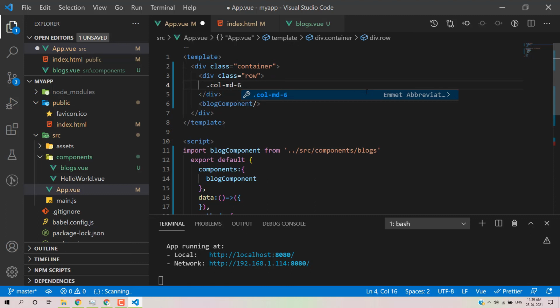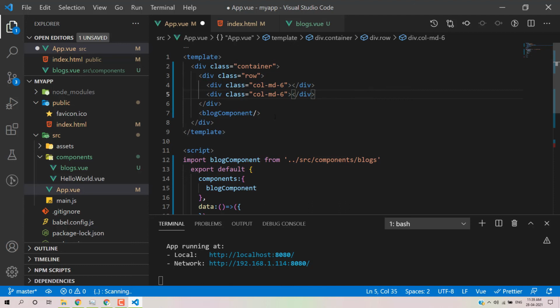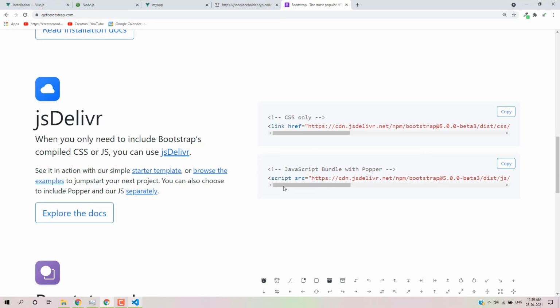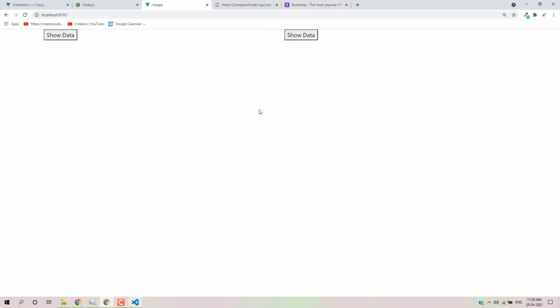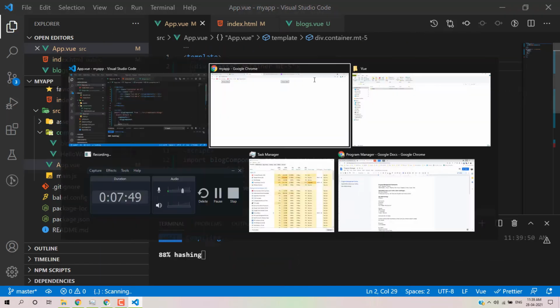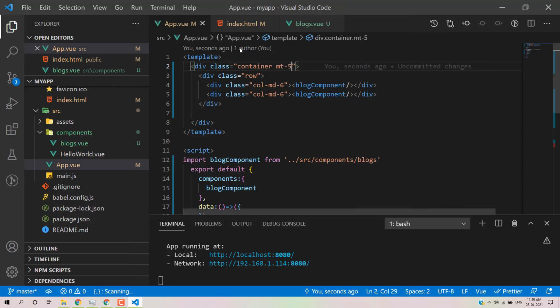And now we need to apply the component. Here we can write it. Okay, so we have rendered this component two times. I'll just reload this page. So it's working. Okay, so now we are working with Bootstrap. We can apply some margin properties, like mt-2, to get some space. And this is a button, so here we have a Bootstrap class: btn and btn-primary. Save and then reload.